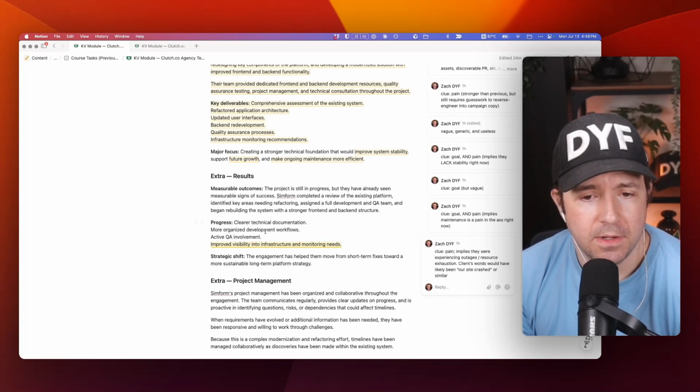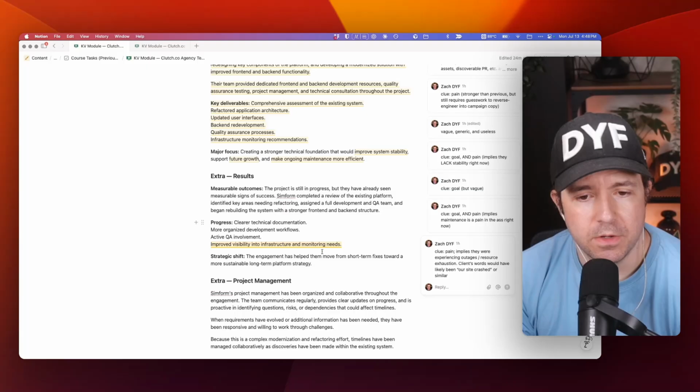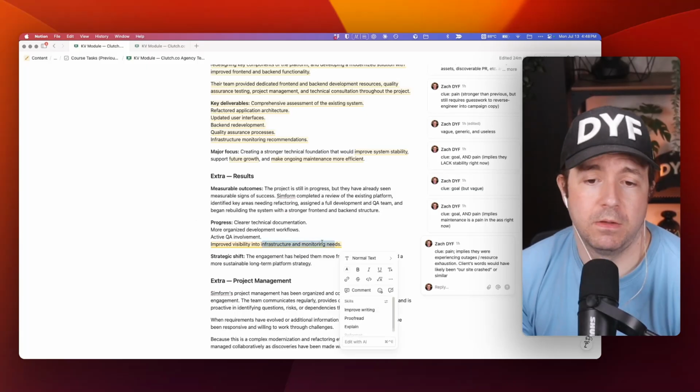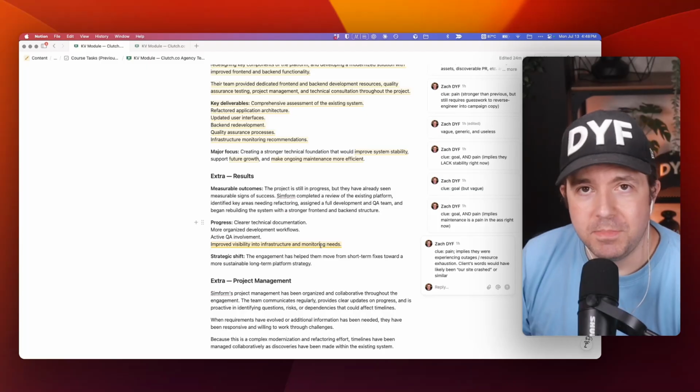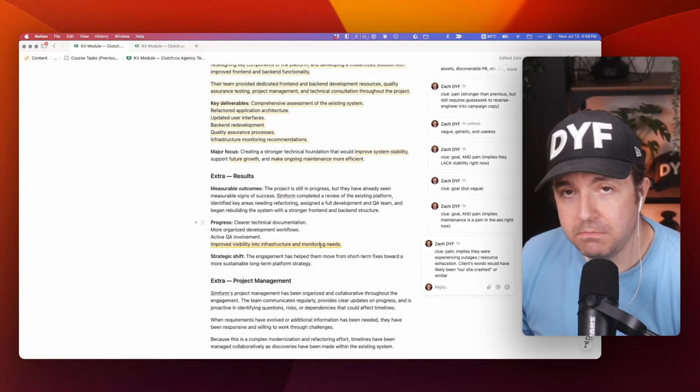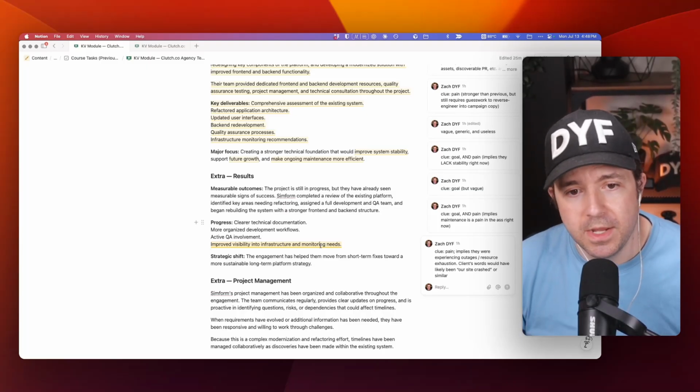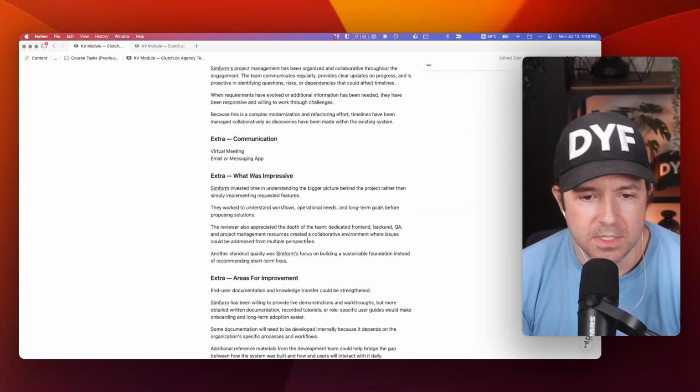And this idea of visibility into infrastructure and monitoring, people don't care about monitoring their infrastructure until their site crashes because of resource overutilization. At least in my opinion. These are all opinions and guesses. And the reason we're doing this exercise based on real